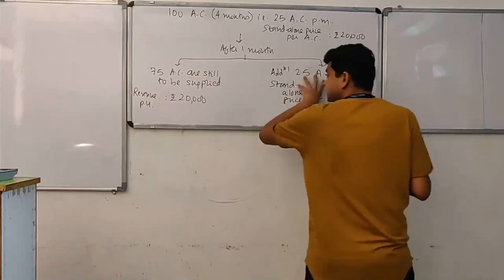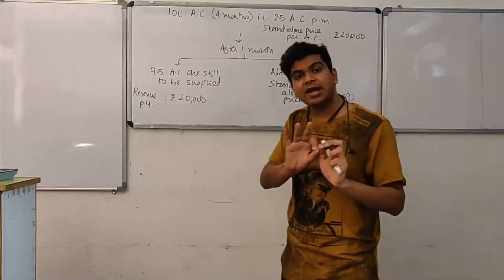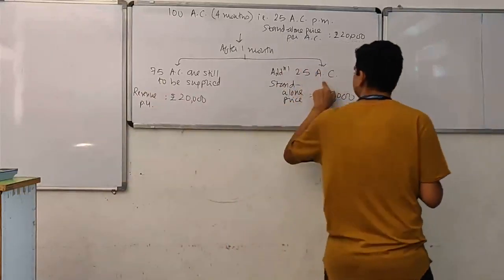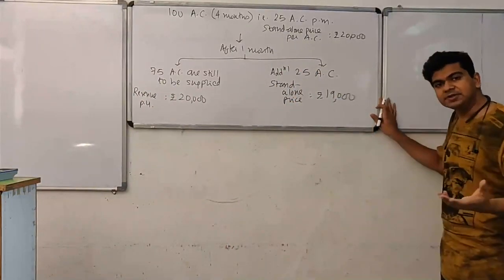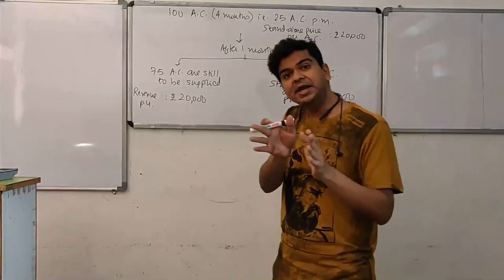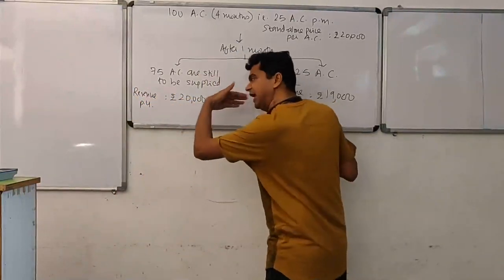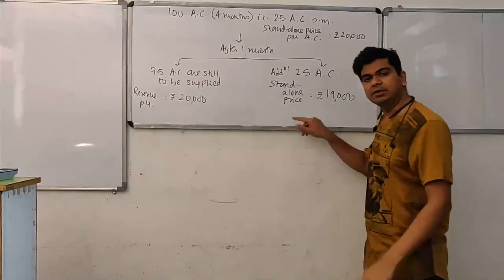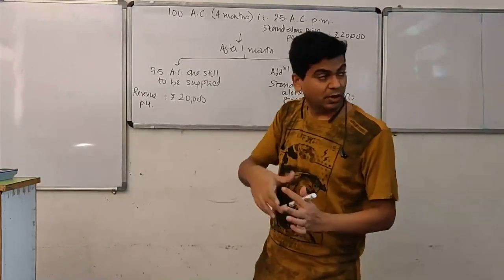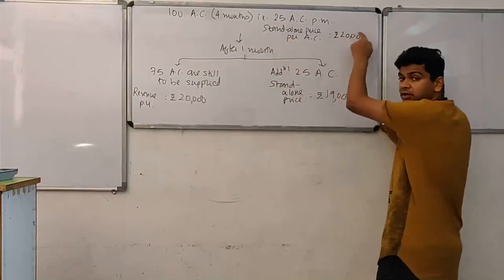This modification has nothing to do with this contract. These 75 units will be still supplied by us at 20,000 rupees an air conditioner, while these 25 units will be supplied at 19,000 rupees per air conditioner. So my revenue per unit for both the contracts is different, and that is the reason I will continue with the original contract accounting as it is. I will not disturb this, and this I will treat as a separate contract. So you know what will happen in the next month? In the next month when I supply, as we know, we are going to supply 25 air conditioners per month.